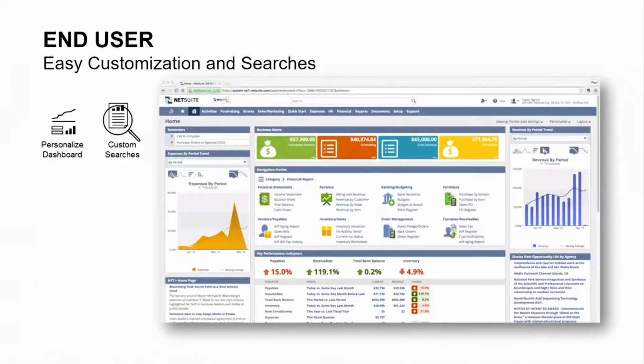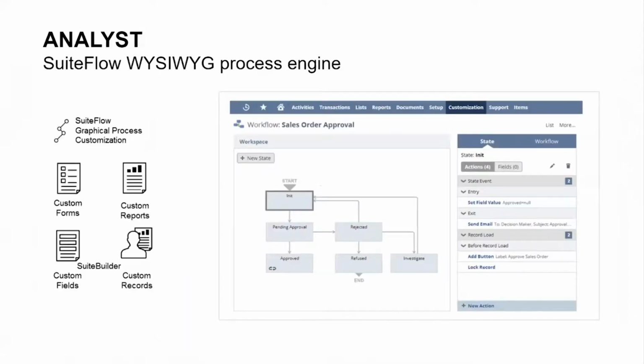In NetSuite, the end user can optimize their own experience in the system by changing their own dashboard, reminders, navigation shortcuts, and any visualizations of data they have access to in the instance. They also can create their own searches that facilitate their day-to-day activities. Additionally, any functional user in NetSuite can automate their own workflow without touching a line of code using the SuiteFlow process engine. In our demonstration, we'll see this with a purchase request and approval workflow.